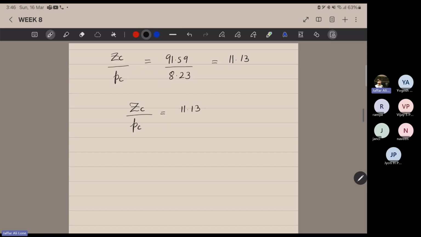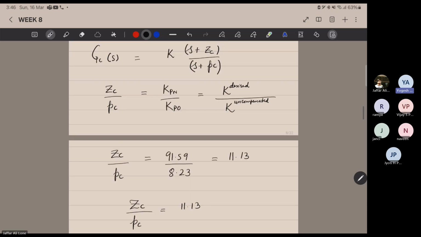There are n number of ways to come up with the design, because we can always fix one. Let Pc be equal to 0.01. Then since Zc over Pc is 11.13, it means Zc will be